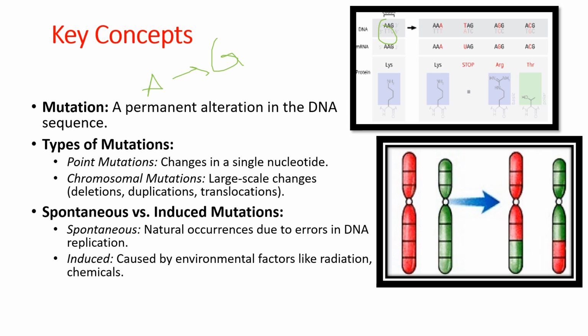Now, a very famous example when talking about point mutation is sickle cell anemia, where a single mutation in the hemoglobin gene causes red blood cells to form an abnormal sickle shape. It occurs in the beta chain of the hemoglobin. What happens is, at the fifth position, valine changes into glutamic acid.